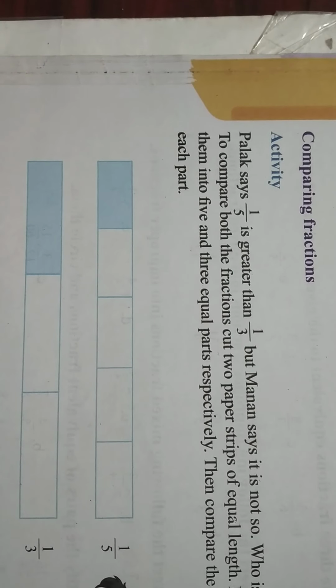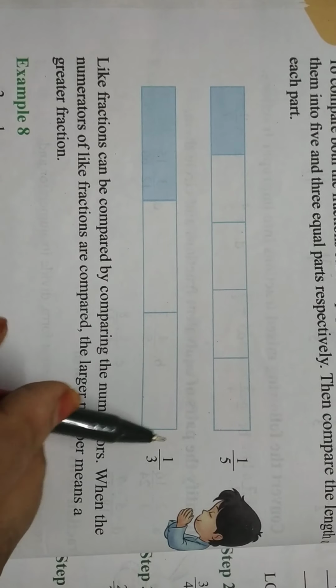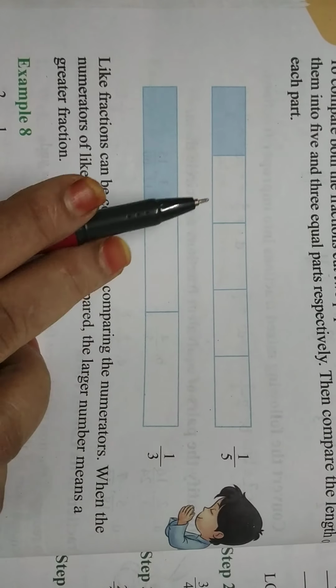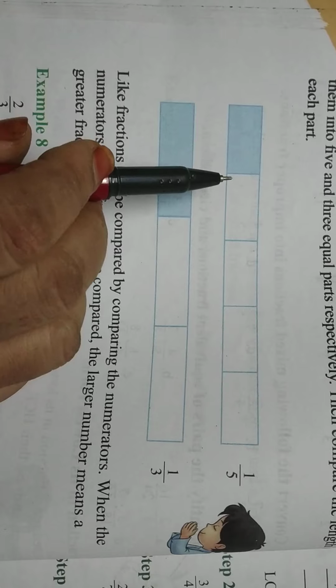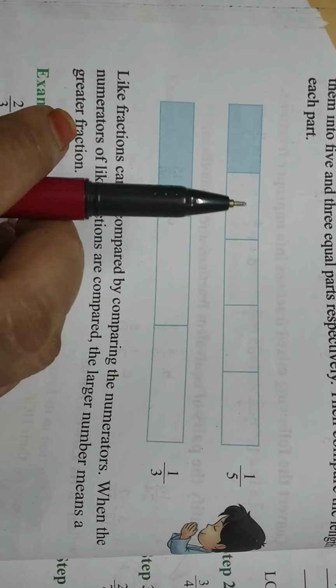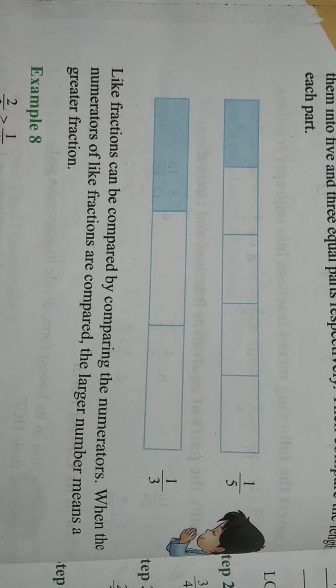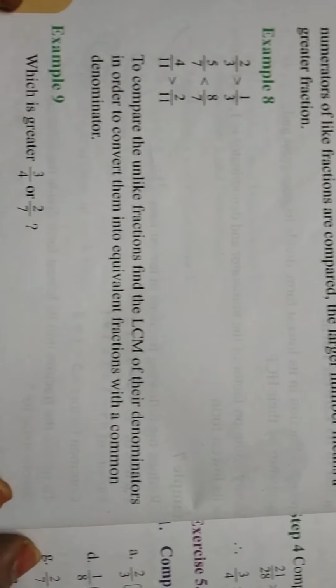In fraction we can say 1 by 3, and this one in fraction we can say 1 by 5, because out of 5 we take how many part? 1 part. Here out of 3 we take only 1 part. If we take here 2 parts, then out of 5, if we take 2 parts, then in fraction we say 2 by 5. Okay, like this way.